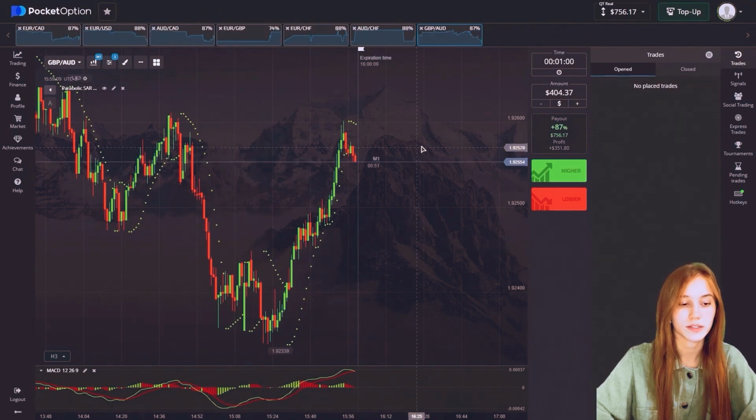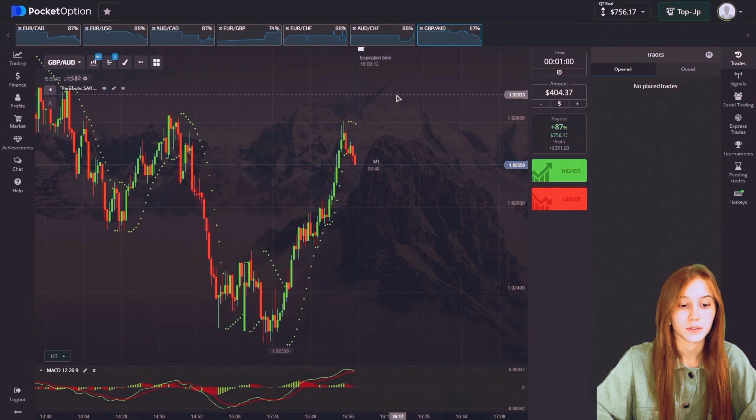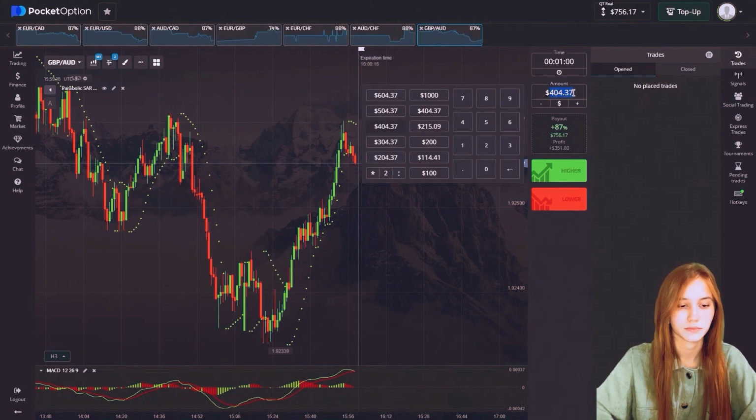$756 on our balance. Let's decrease our daily amount and move on